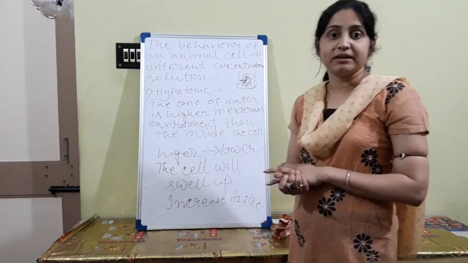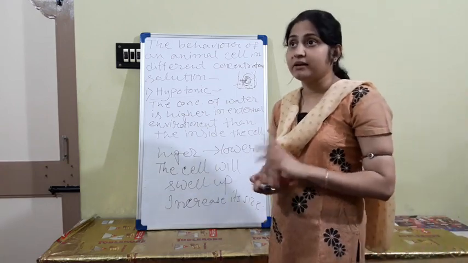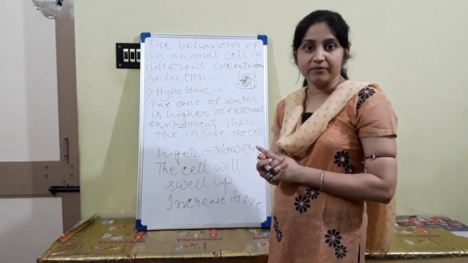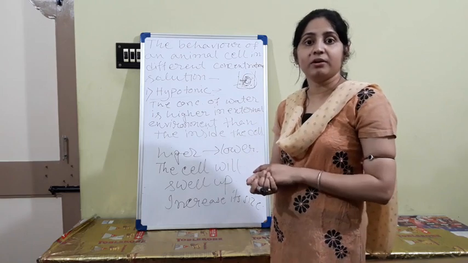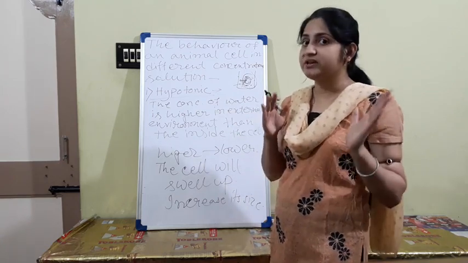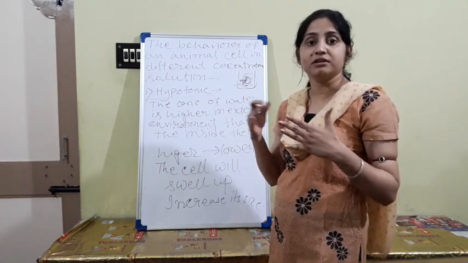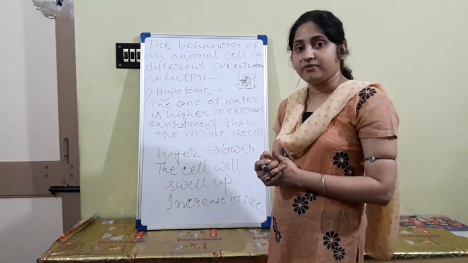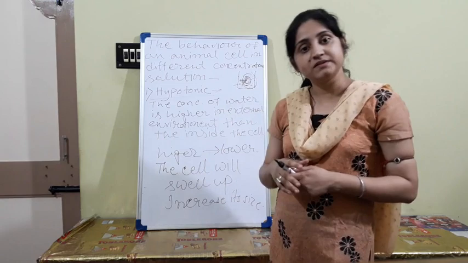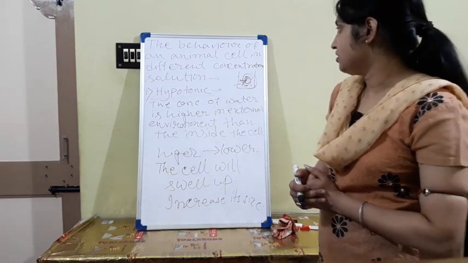Okay, so for that reason you can see there is an example. If you leave a marine fish in river fresh water, because marine water contains salt, its concentration is higher, and if this fish lives in fresh water, the fresh water continuously gets inside the fish, and after some days the fish will swell up, burst and die. Okay, so this is the actual process.